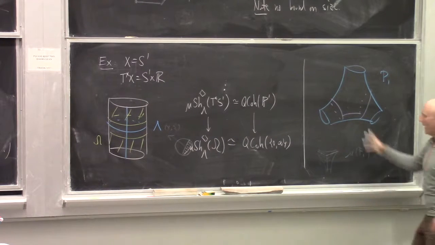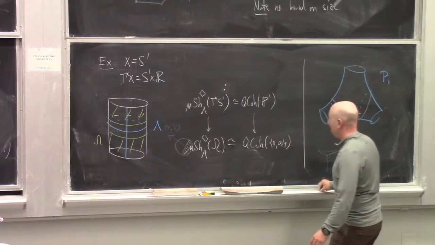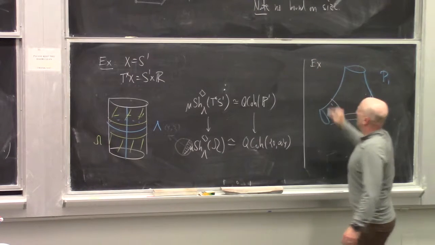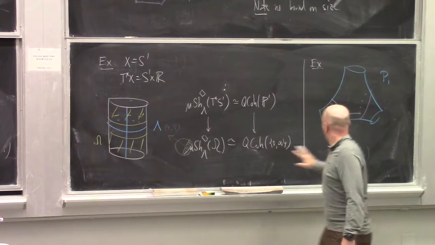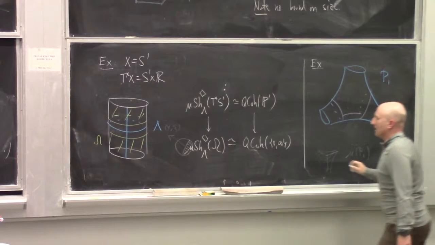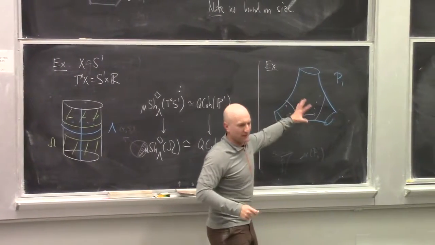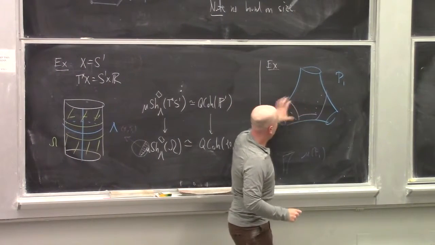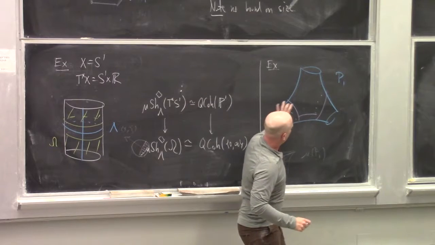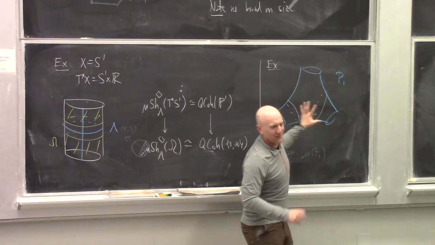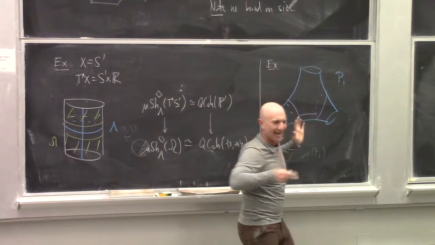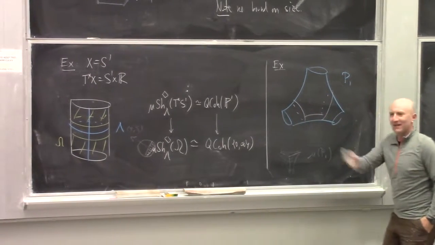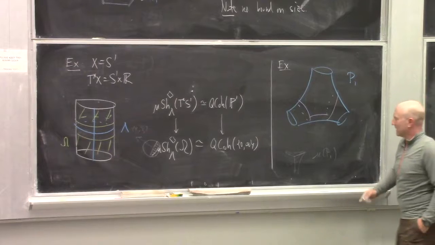Okay, so let me tell you how to think. This is another example. I haven't told you how to think about this as a cotangent bundle. One way to think about it is, well, it's almost a cylinder. I'm missing something, so let's pretend it's a cylinder, and then maybe in an extra dimension, it's exact. Anyway, I'm sort of trying to apologize for skipping some steps here.